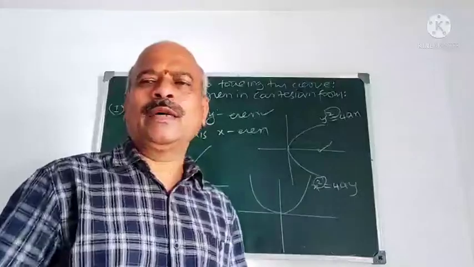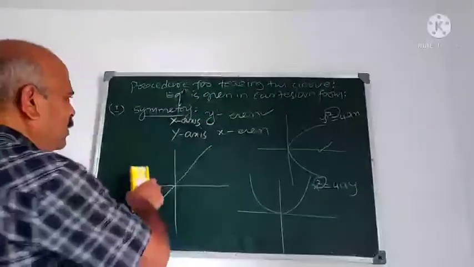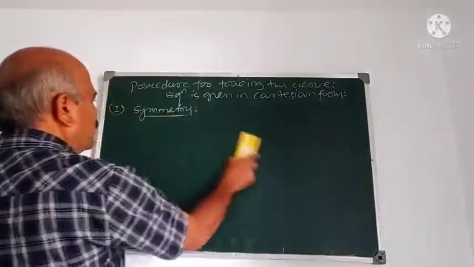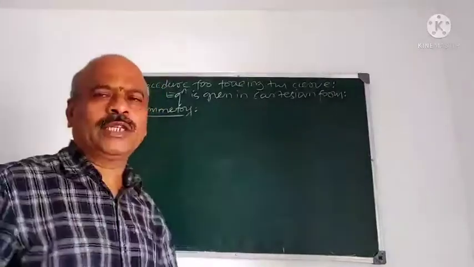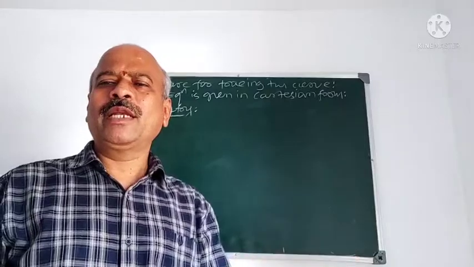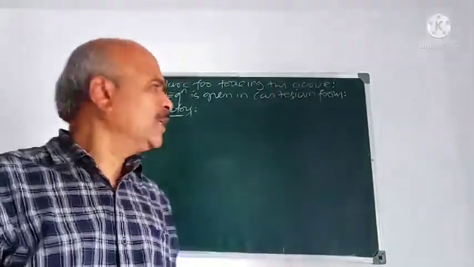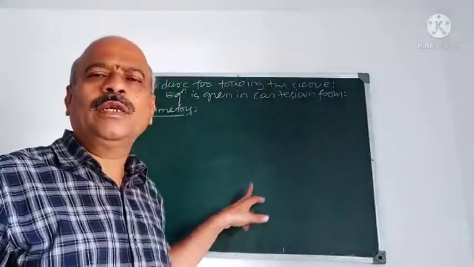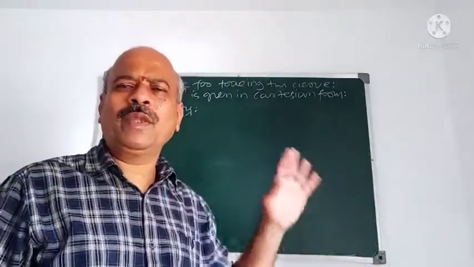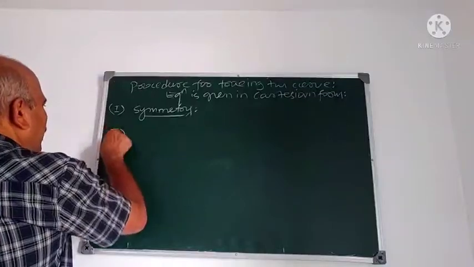When that case comes, I will explain it in tracing of curves. So the first step is to find out the symmetry. For symmetry we use these four things. It may be symmetric about the x axis, the y axis, in the opposite quadrant, or about the line y is equal to x. What is the line y is equal to x? It passes through the origin and makes 45 degrees with the x axis. First thing you have to note is symmetry.